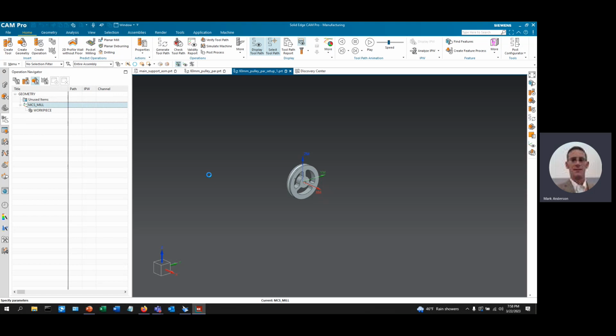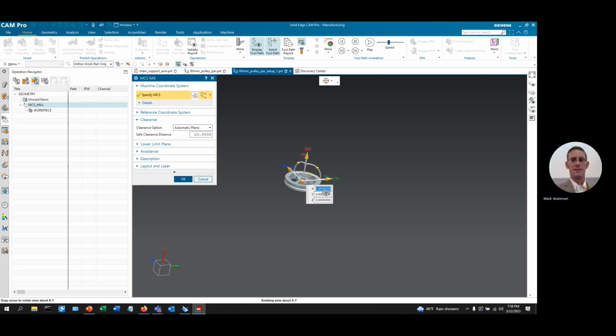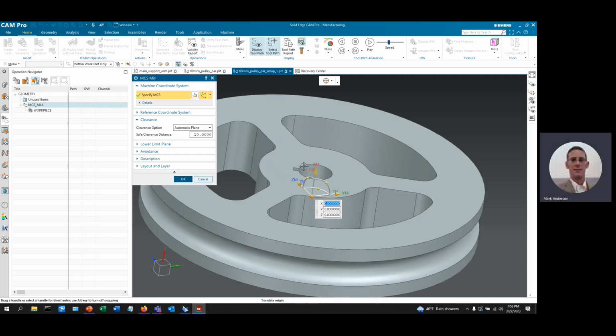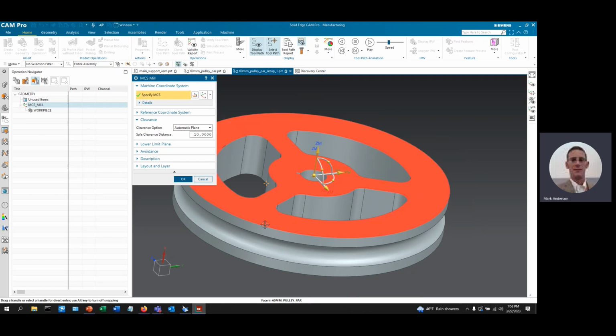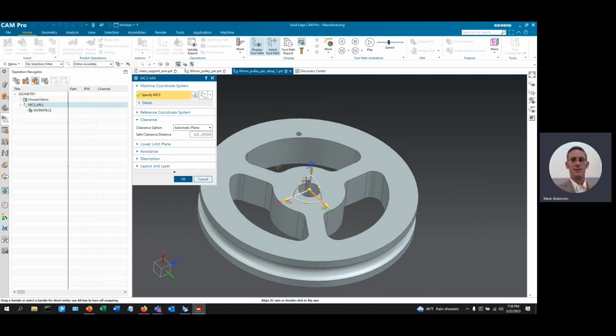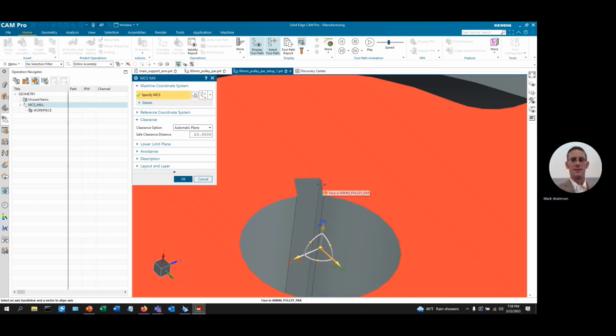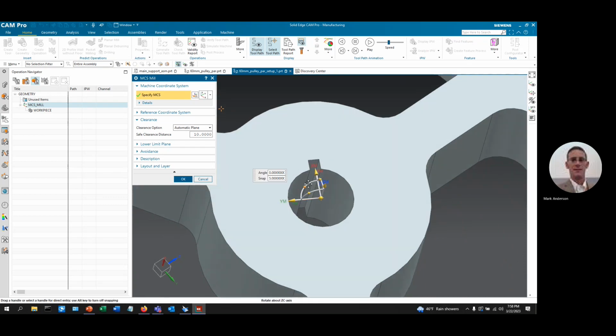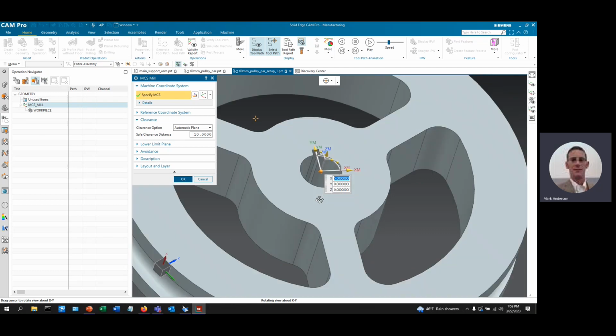So we need to set our 0 location. It'll be oriented in this manner. So I would want to select this diameter. It'll snap it in center. I'll choose this leg, this vector on this surface. It'll snap that normal to. And then I'll take my Y vector normal to this wall. So now that I have my 0 location established,